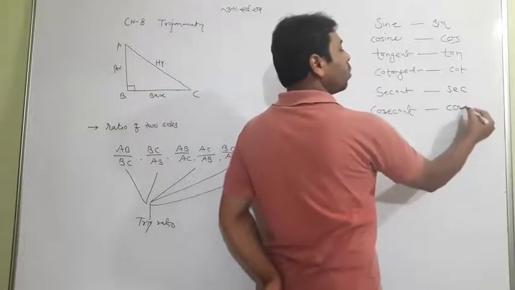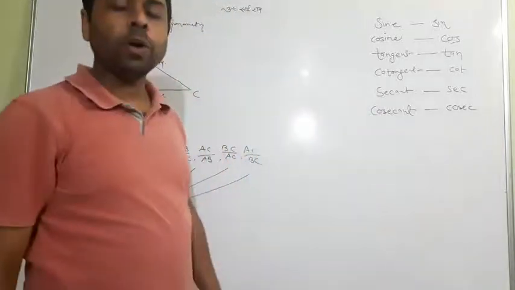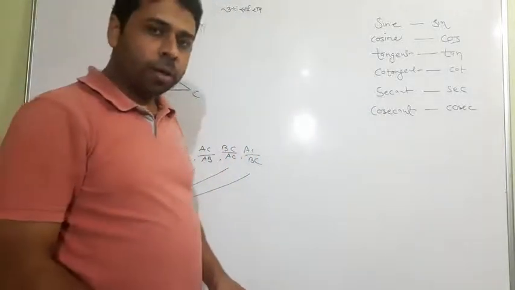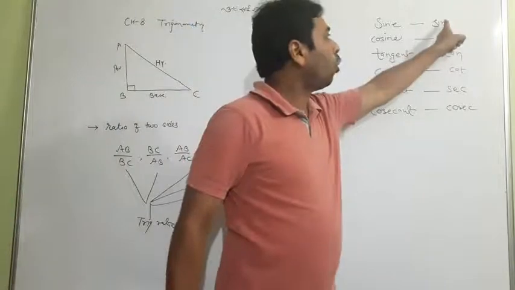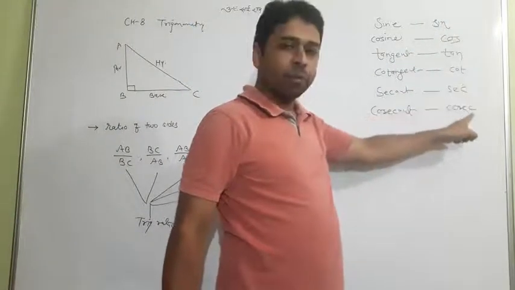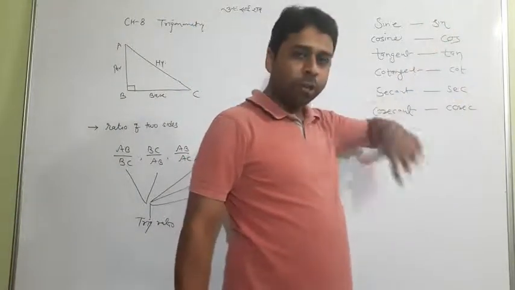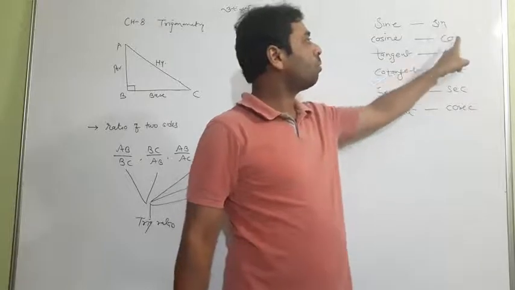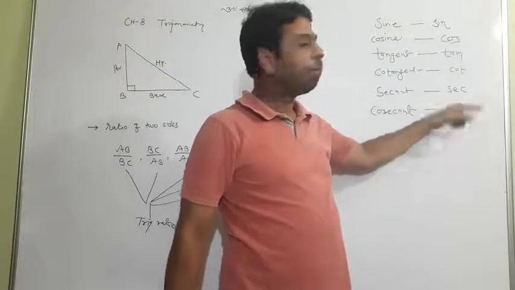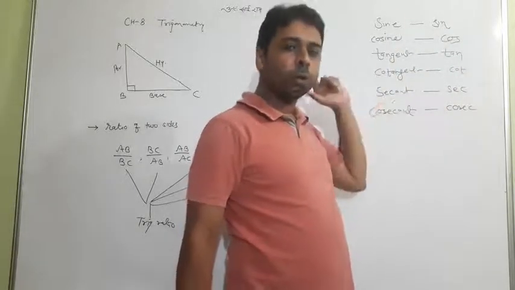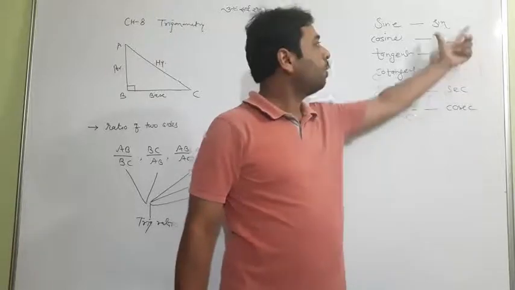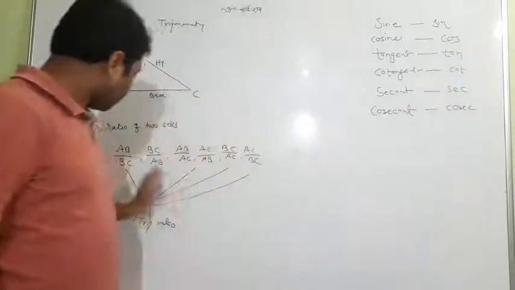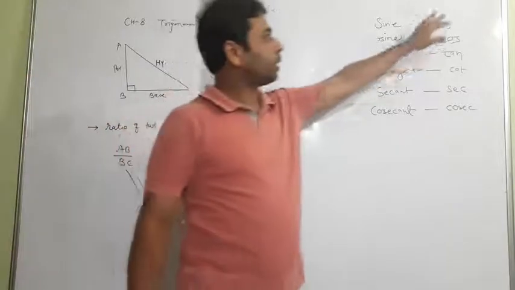And lastly called cosec. So now onward, we actually call our ratios like that. We usually write the ratios sine, cos, tan, cot, sec, cosec. We won't follow this one, but we should know the full form. We will use this. So these ratios are actually this, and which one is which?